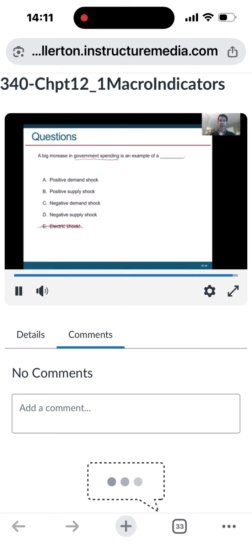Which of these would it be? A big increase in government spending. What kind of a shock is that? And the answer here is that would be a positive demand shock. Why is that? Because the government is spending that money on something. And so they are demanding more of something, whatever they're spending it on. So that would be a positive demand shock. And then if we think through a positive demand shock, what is that? That tends to be inflationary, right? And to the extent to which inflation is baked into interest rates, we would expect that to potentially affect interest rates by causing interest rates to go up.